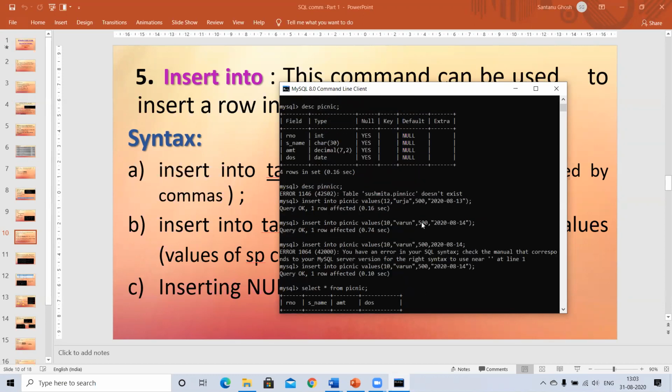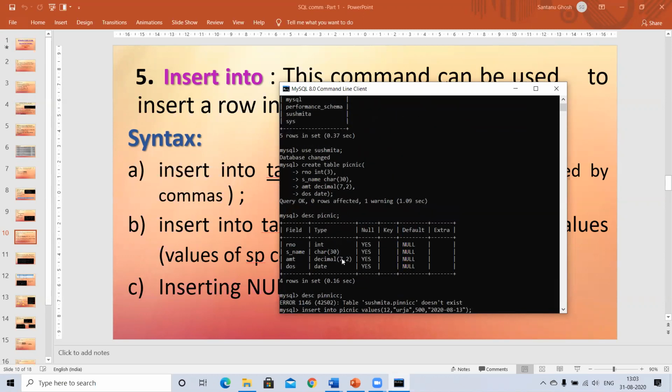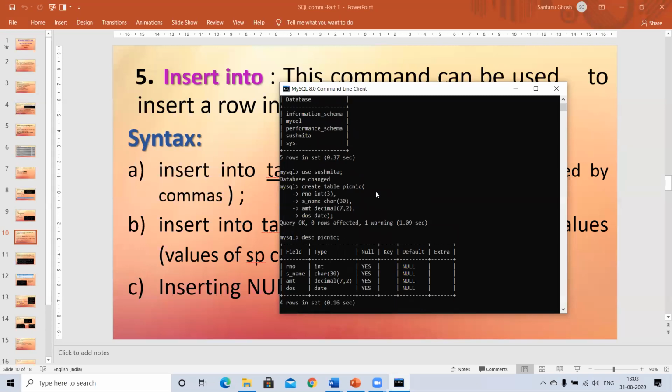Then we discussed how to see the structure of the table, that is with the DESC command or describe command. We also learned how to create a table, and for creating the table, what we need to specify: the field name, the data type, and in the brackets, the width. The width is not compulsory when you are specifying for int. It will take the default one.